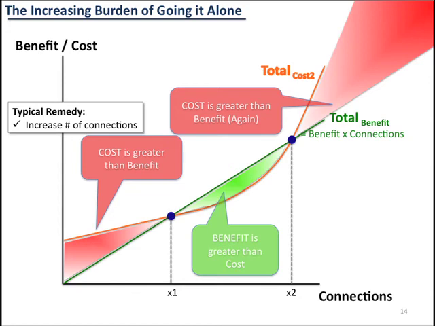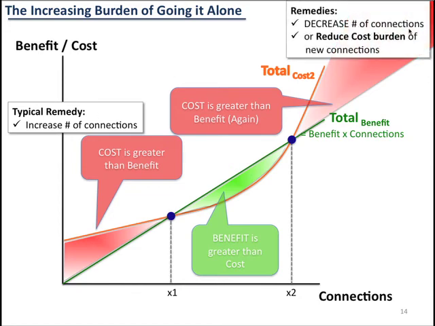So what can you do about it? Well, clearly, you can decrease the number of connections. That's one valid remedy, because if you place your finger near where the X2 point is, where we have labeled X2 on the X-axis there, and then trace it back towards the left while holding, say, a pencil vertically up to the top of the page, then you see it starts pulling you back into that green zone. So clearly, that's one thing you can do. You can decrease the number of people that you're connected with, and some of us do that.